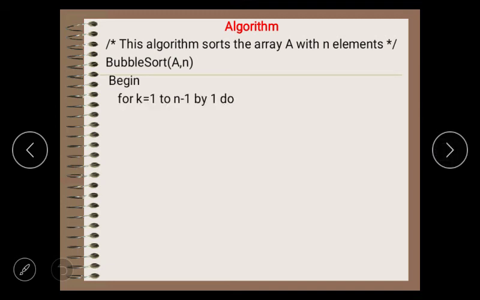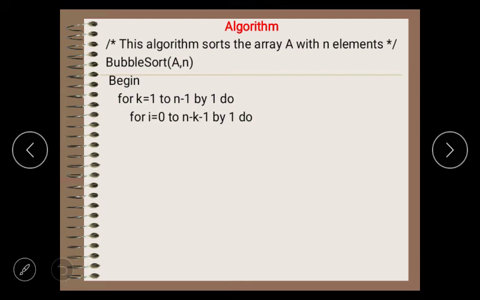For n elements we require n minus 1 passes, so we write k equal to 1 to n minus 1. In each pass we compare the I position element with the I plus 1 position element. So for that, for I equal to 0 to n minus k minus 1.